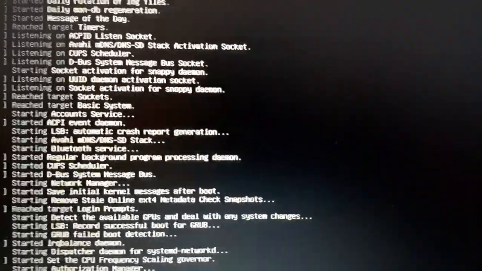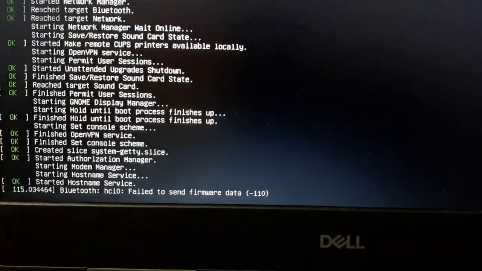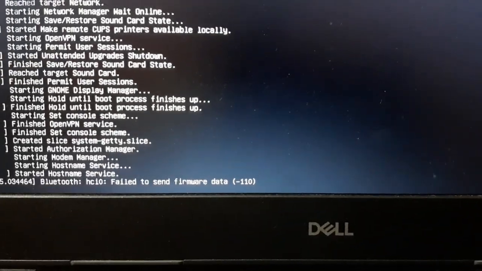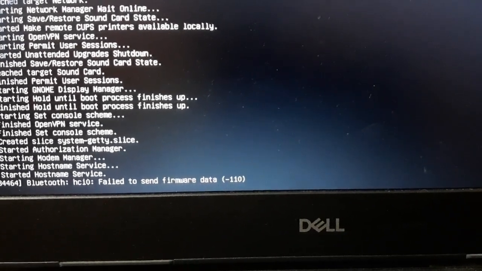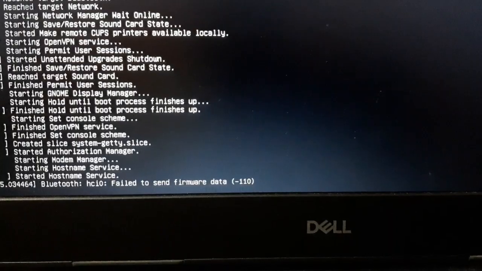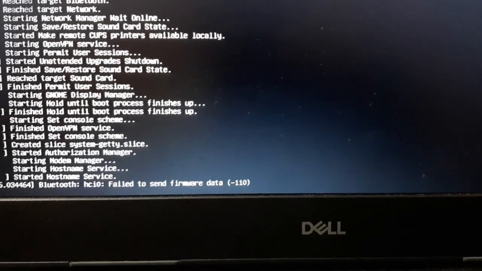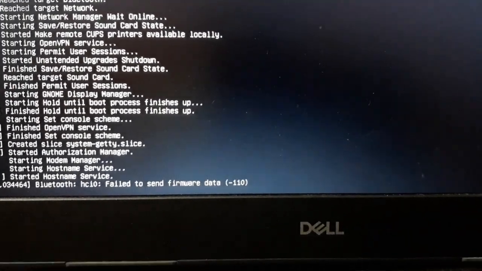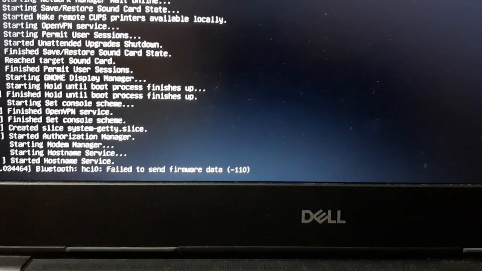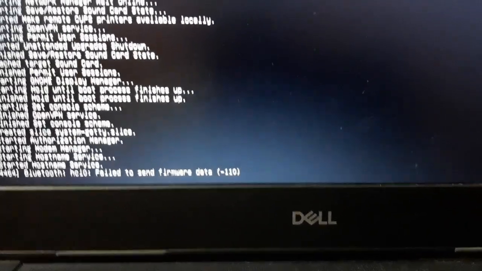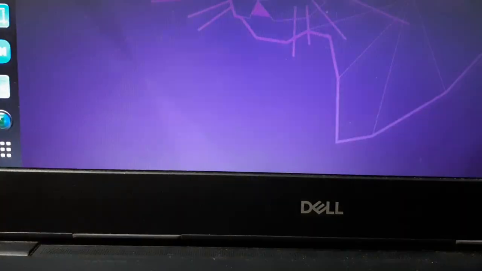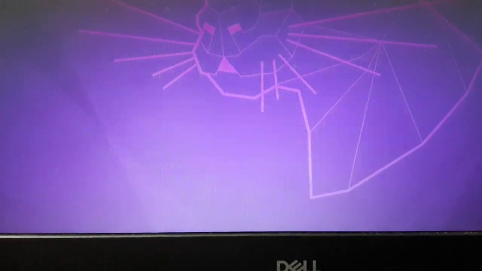If you get errors, like authentication manipulation errors, kernel panic errors, or failed to connect, failed to talk: for the authentication manipulation error, you need to mount the directory by giving mount -o remount,rw. All those things you can find in the description below my video. So in this way it will work.